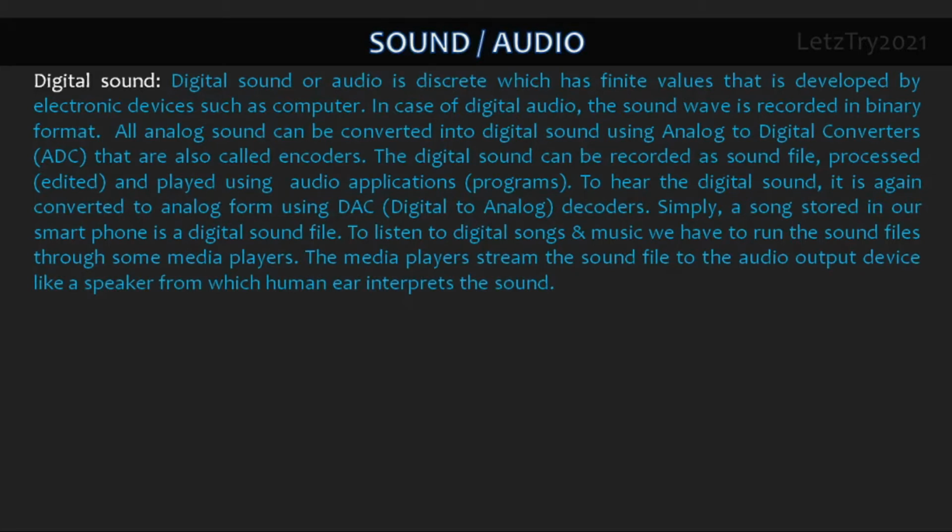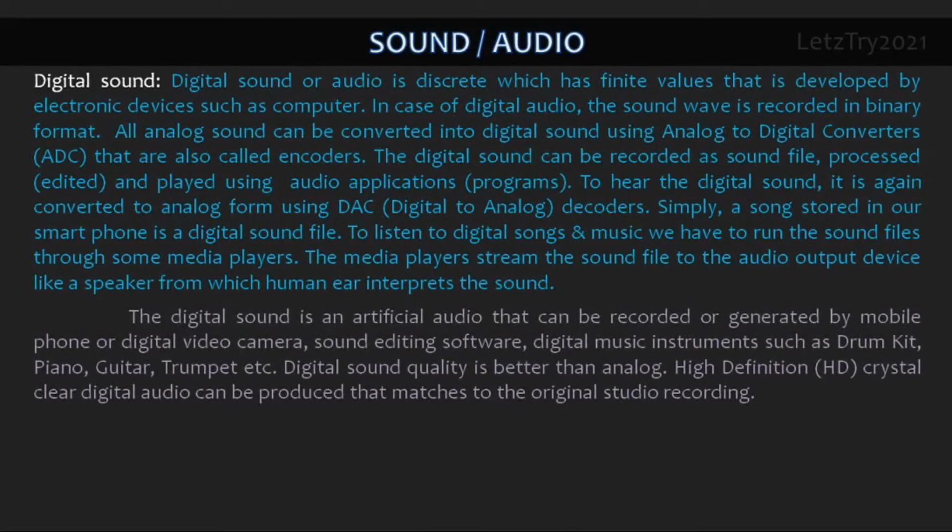Simply, a song stored in our smartphone is a digital sound file. To listen to digital songs and music, we have to run the sound files through some media players. The media players stream the sound file to the audio output device like a speaker from which the human ear interprets the sound. The digital sound is an artificial audio that can be recorded or generated by mobile phone or digital